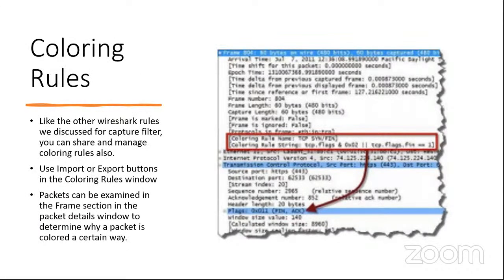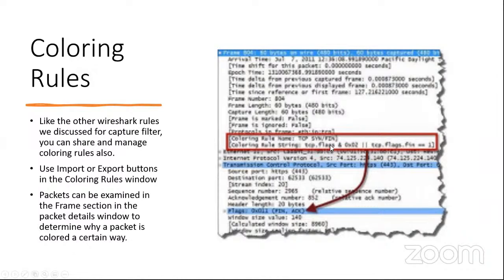So coloring rules. Like other Wireshark rules we discussed for capture filters, you can also share and manage coloring rules. So again, if you wanted to send this to another department, we, for example, set up a coloring rule that says, hey, I want you to color TCP SYN or FIN flags a certain color.